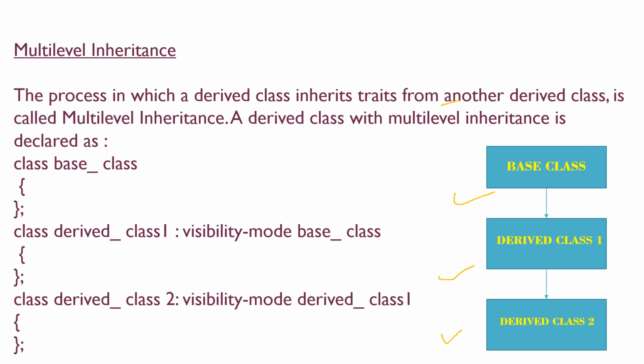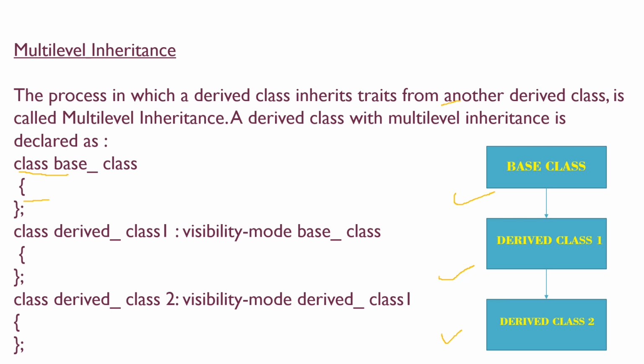multi-level inheritance, and in the declaration format we can see what is followed. We will make the base class the same way we make a simple class: the class keyword, then the base class name, and whatever members we want to keep inside the base class we can keep between the open and close curly braces. Okay, and after that we use a semicolon to close this